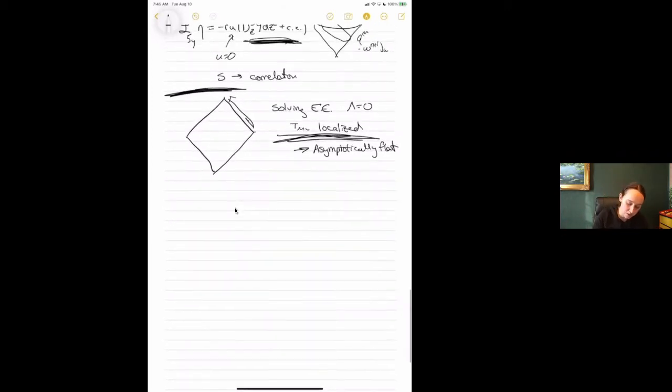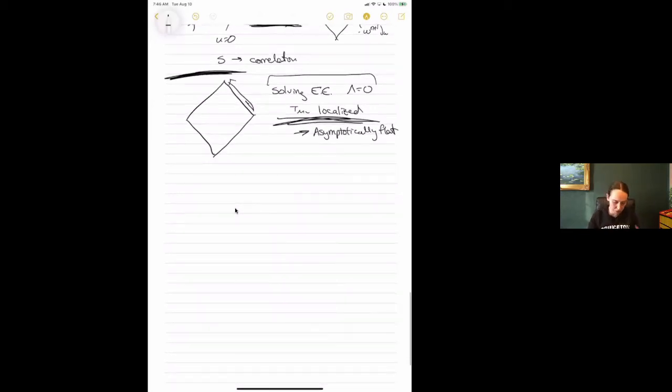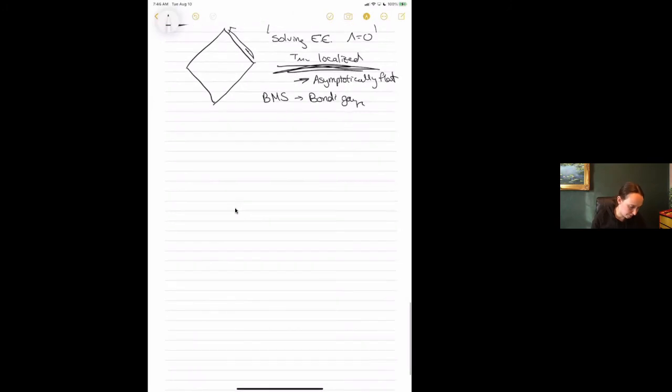So say I'm doing this. My task is to solve Einstein's equations with vanishing cosmological constant and localized stress tensor. If I want to do that, I first need to pick a coordinate system. Bondi, van der Burg, Metzner, and Sachs did this for me. They went to Bondi gauge. If the vector fields that I wrote out were complicated, the gauge itself is not going to look very pretty. I'll write down the first line of it to get you familiar with it.